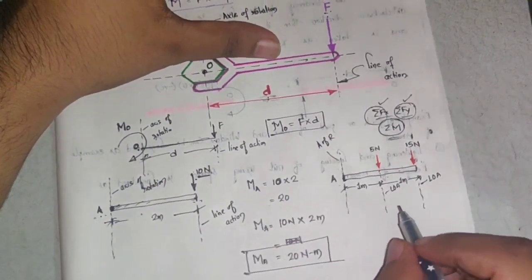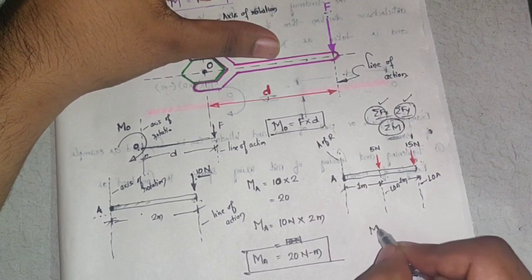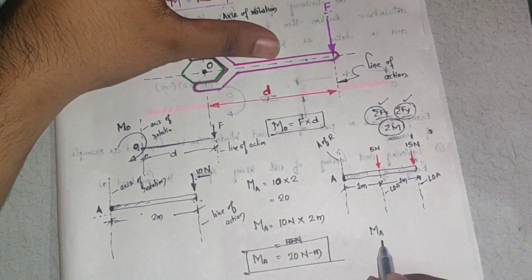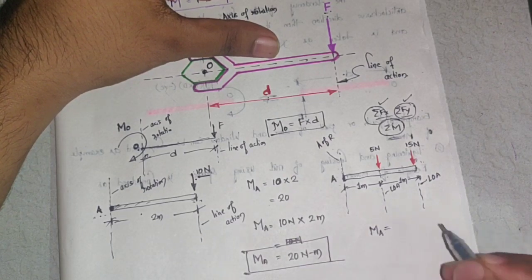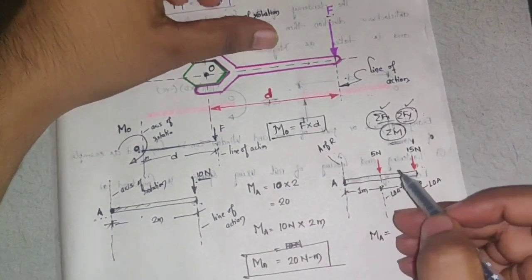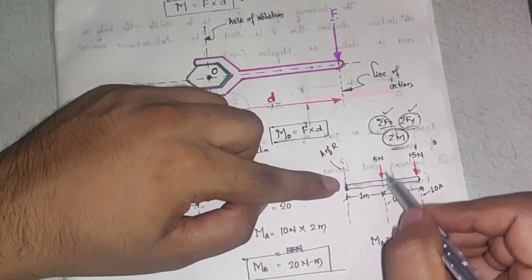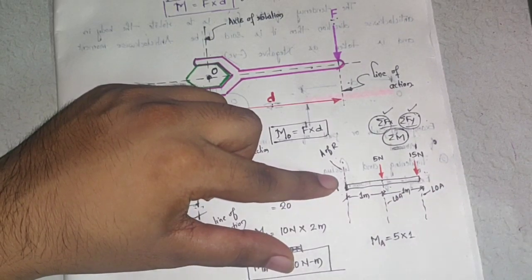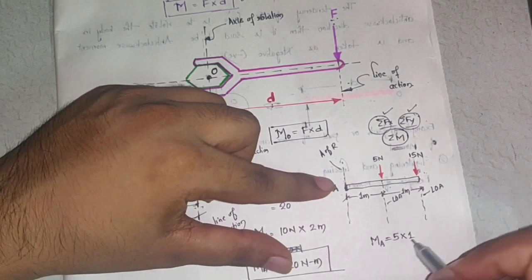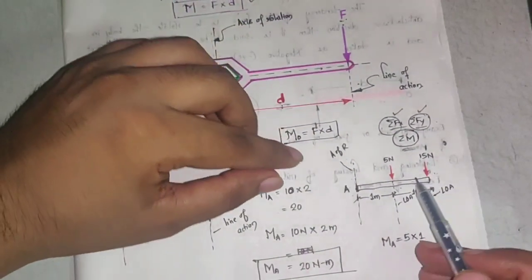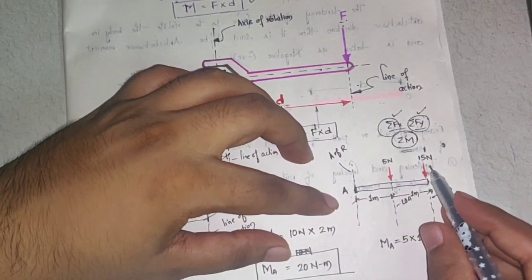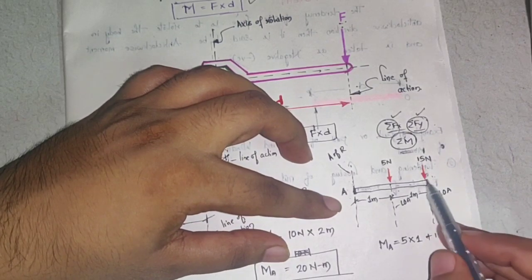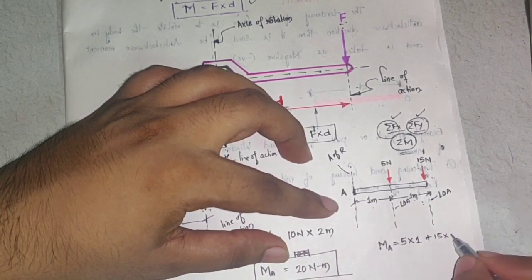Now I need to know the rotation effect at point A. I'll call that moment, or rotation effect at point A, MA. Moment is denoted as M and I am calculating about A. So MA will be equal to, first I'll take this force. What is its perpendicular distance? 1. So 5 into 1. But there is one more force. Last time it was only one force, but we have two forces now. Plus, how is this force rotating about point A? 15 is the magnitude of the force. For this force, the perpendicular distance is 1 plus 1, so it is 2 meters.